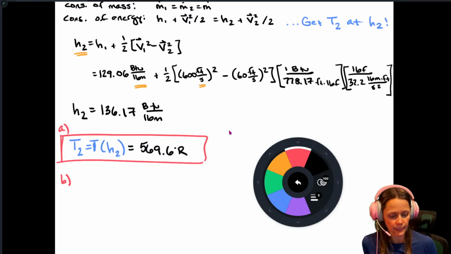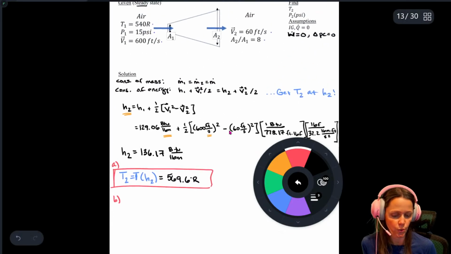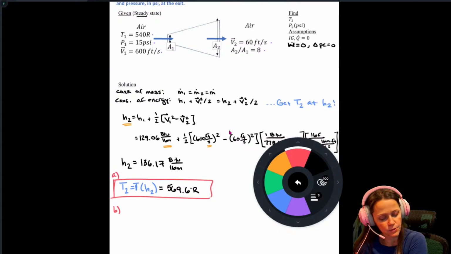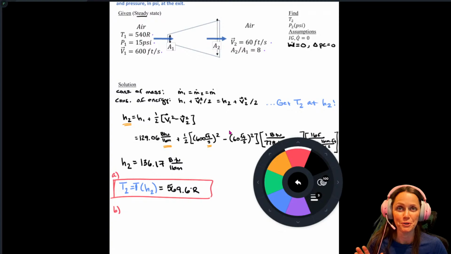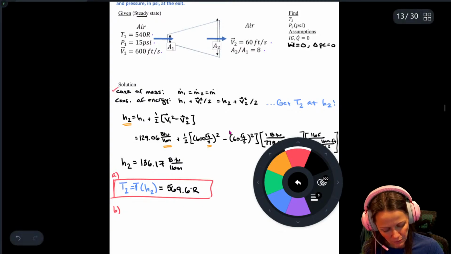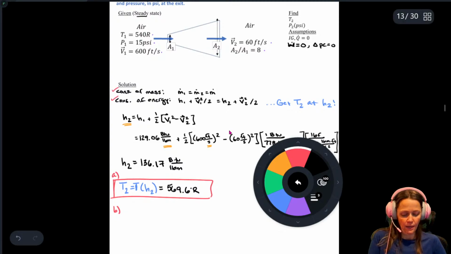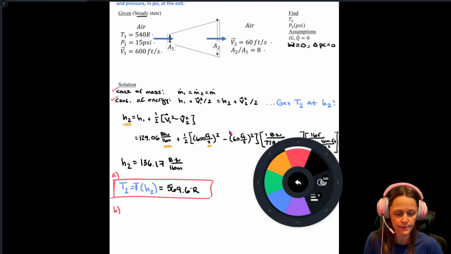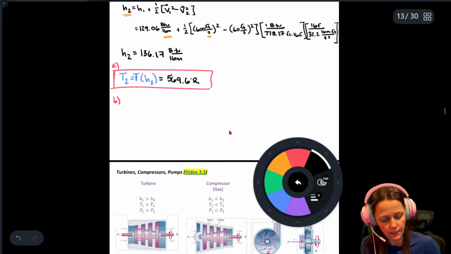And then part B, what are we doing? We are finding the pressure. So we need it in PSI. And I've sort of exhausted my conservation equations. Sort of, not exhausted them. However, I am going to come back to my conservation of mass. The reason being is because I know